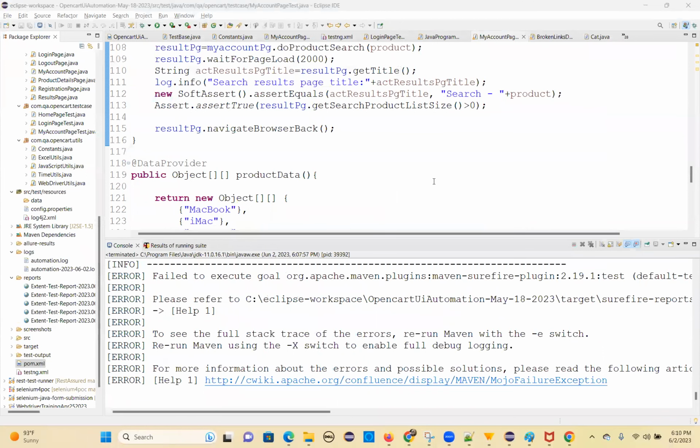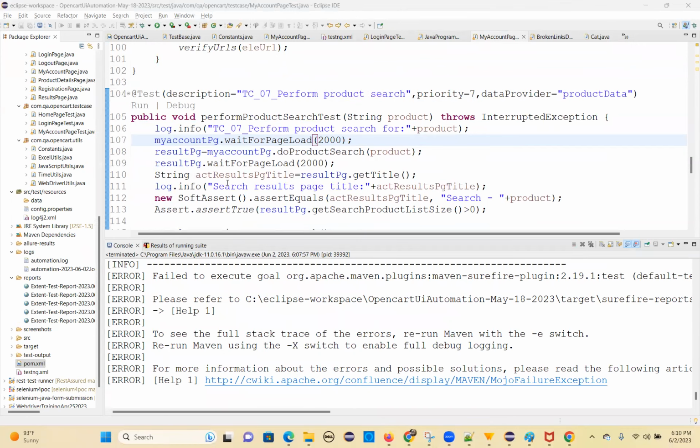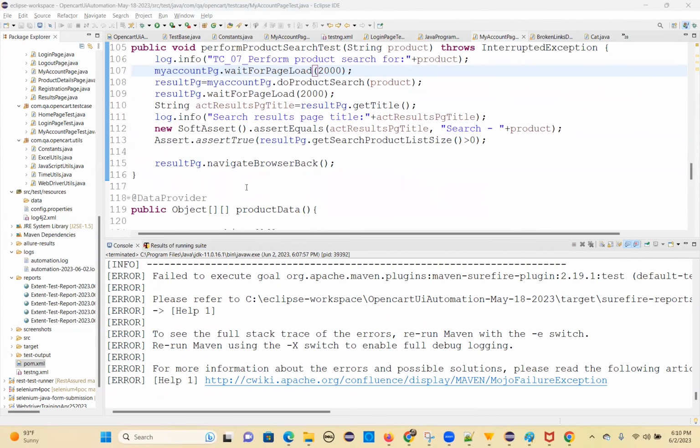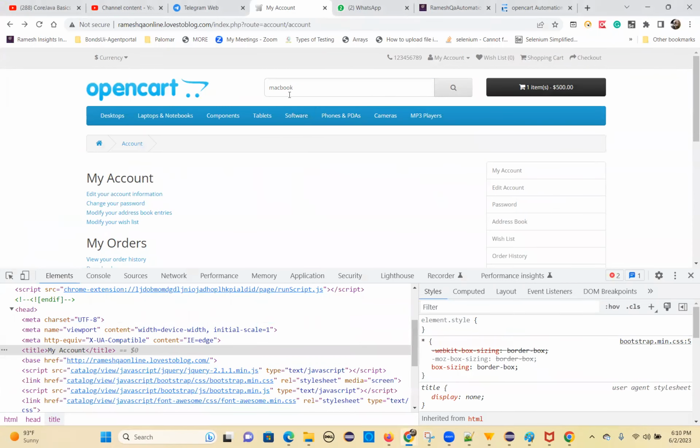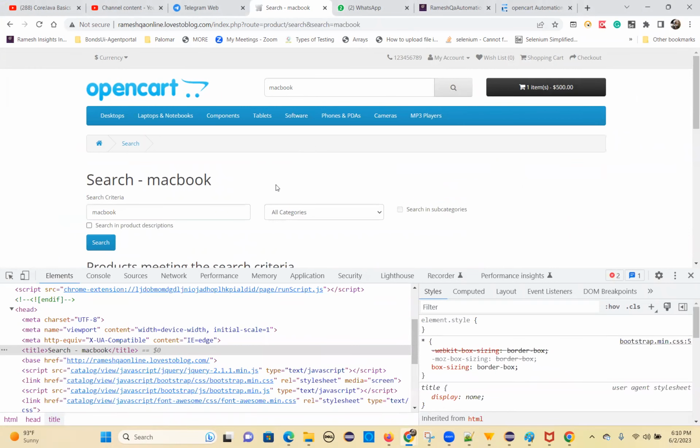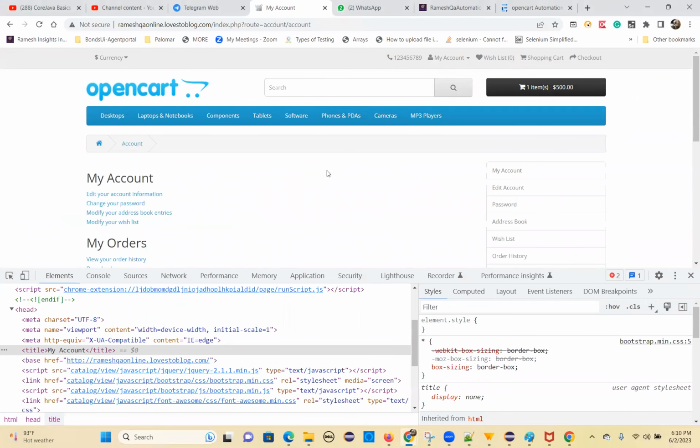So that is the reason it is failing. Why it is not going back here? What is the other alternative approach? Okay. Still sets only. Then we have to click on my account. That's another option. Go to results page onwards. You have to go to